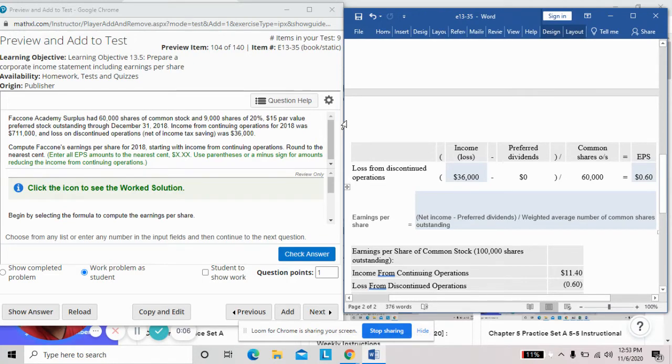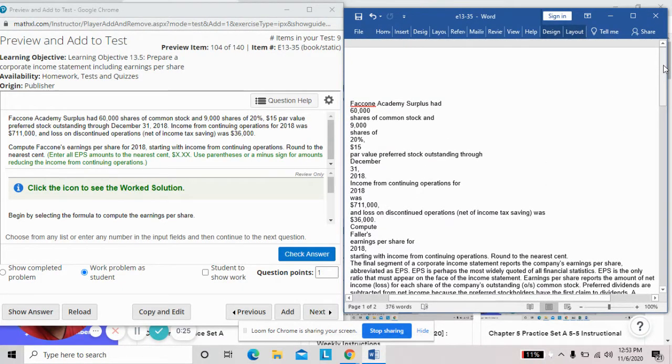This problem is E13-35. The learning objective for E13-35, which is one of your homework problems, is preparing a corporate income statement including earnings per share. So if you look at the problem here,